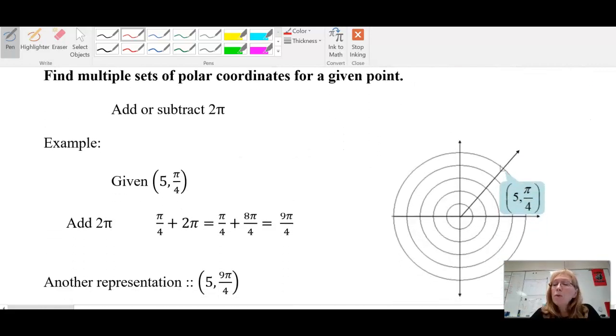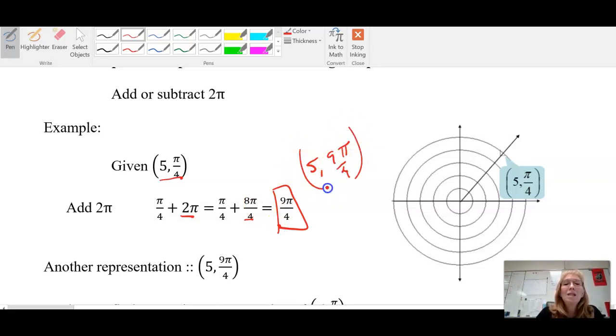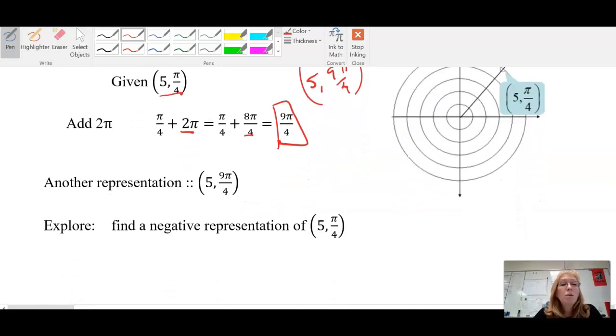Now, to get multiple things, just like before, you can add or subtract a full circle to get back to where you were, right? The same thing is true in polar. So if I have 5 pi over 4, I can add a circle to get there. Well, if I add a circle, common denominator is 8 pi. My new point is at 9 pi over 4. So 9 pi over 4 is the exact same spot. All right? You can also do a negative,